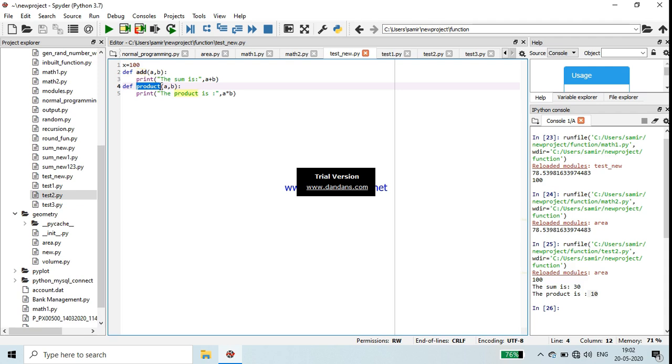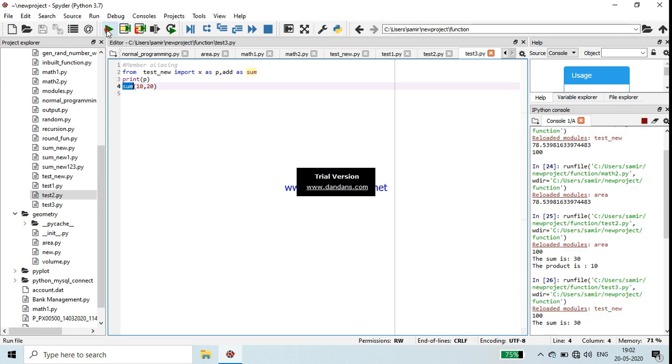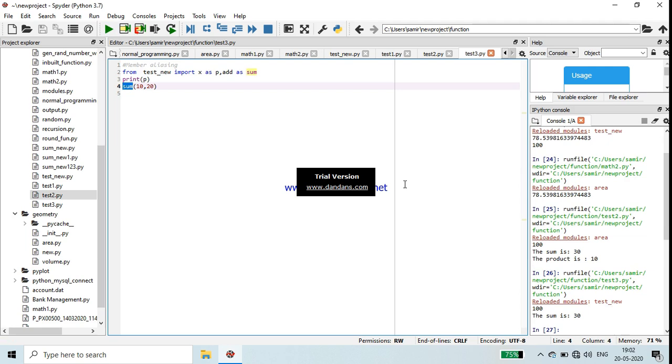All of these are members, and we can alias them like this. From test new import x as p, meaning we can use p in place of x. Add was the function name, add as sum, meaning in place of add we can use sum. Now if I write print p, p means the value of x, and sum of 10 and 20 means the add function. Run it, then 100, then sum is 30. So this is the output.